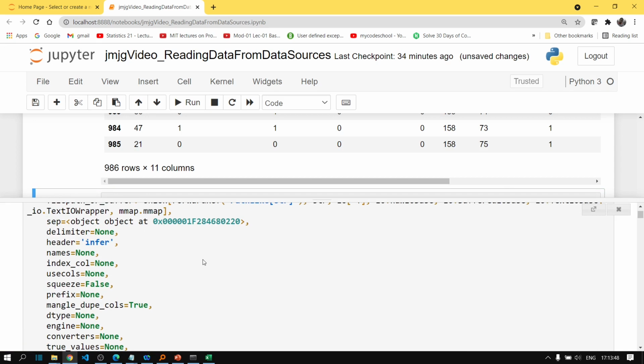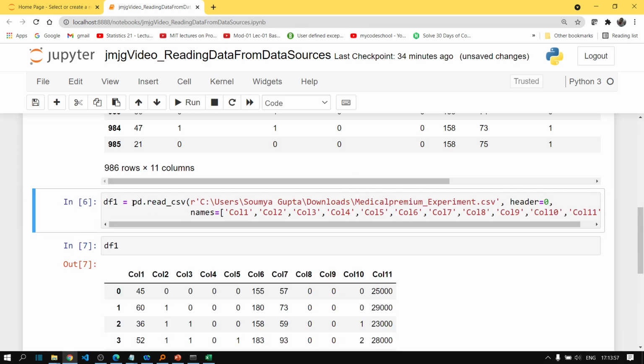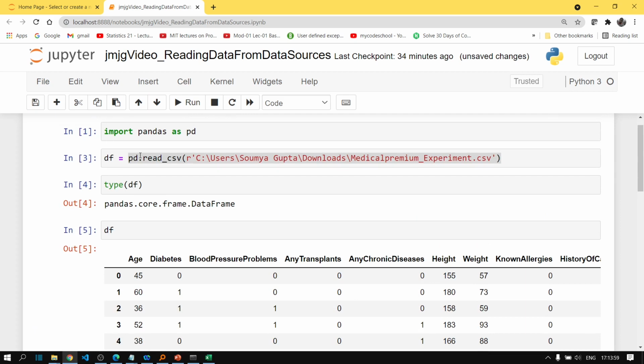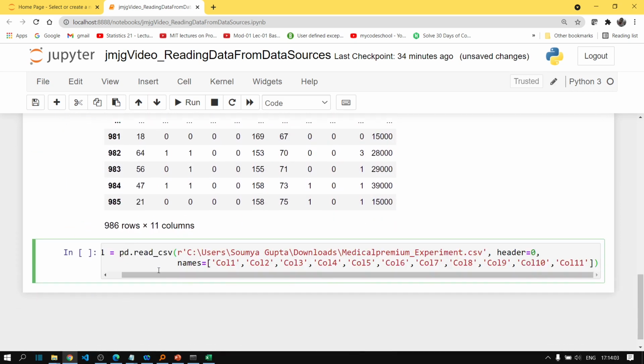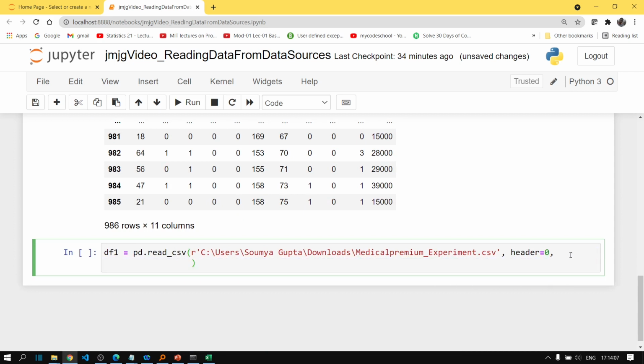There is another useful parameter called usecols. Yes, this is another useful parameter called usecols. So let's again copy our original function. Before using the parameter usecols, let me tell you what it actually does.